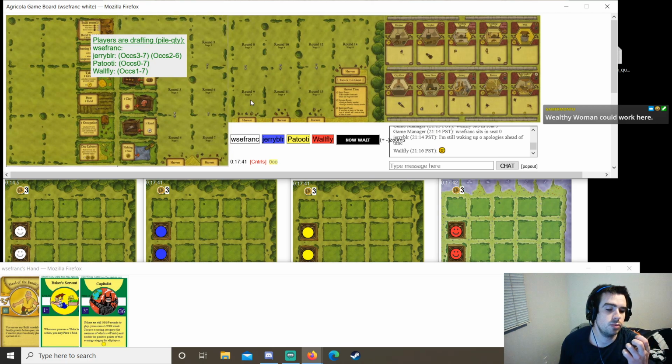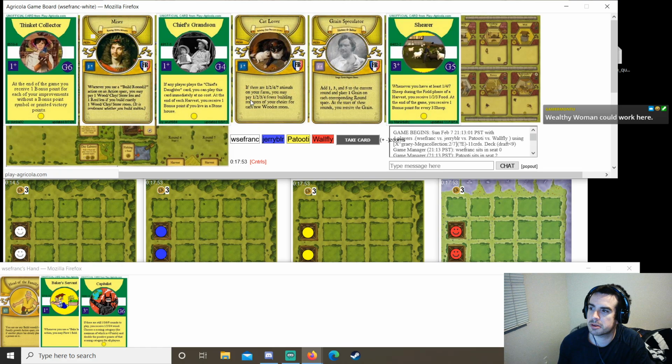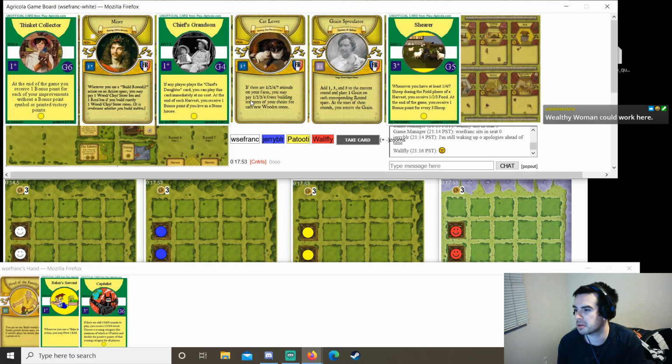Yeah, Wealthy Woman could definitely work. I think Capitalist for grain, though, looks okay. Or fields. Yeah, Trinket Collector is great with Head of the Family, because with Head of the Family, I'm growing a bunch, so I maybe get some minor improvement actions. Yep, we've also got Cat Lover. Grain Speculator, though. I probably have to take Grain Speculator over Trinket Collector, just because it's going to power my